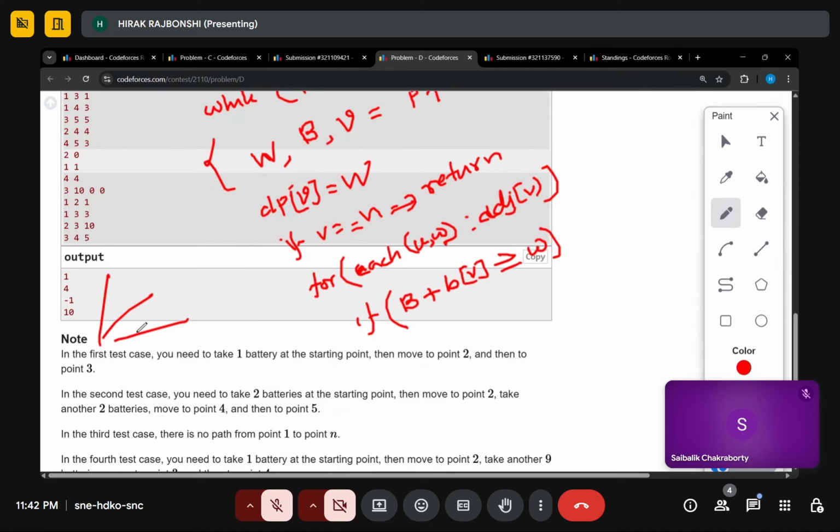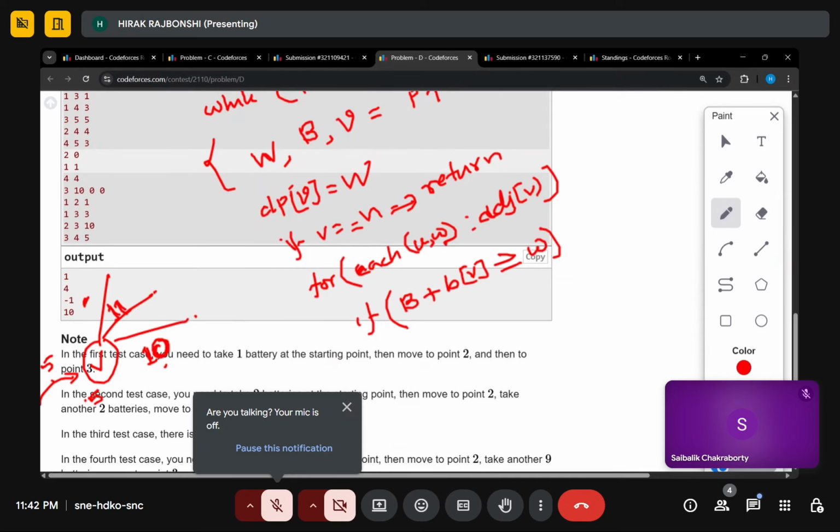Then we can pass. Suppose this is v, and this edge requires 10 batteries to pass through, and this v has 5 of its own, and on reaching v we already collected 5. Then this plus this is greater than or equal to this, so we can go through this edge. If this edge has 11, then we cannot go through this edge, okay? And if this is 9, then we can go through this edge. So if this condition is satisfied, then